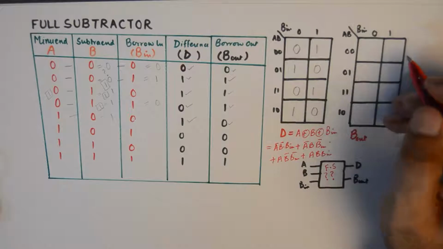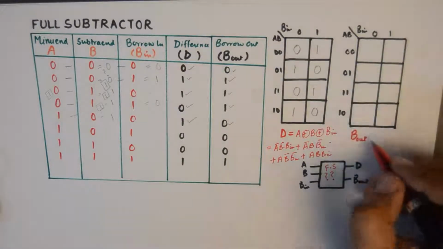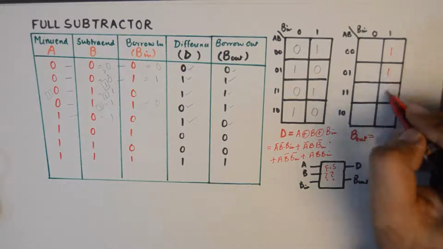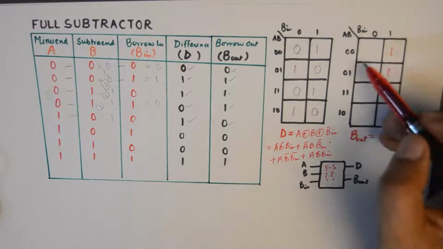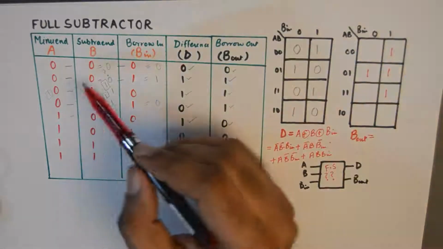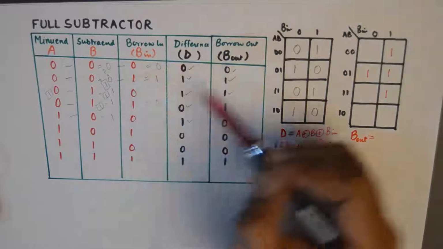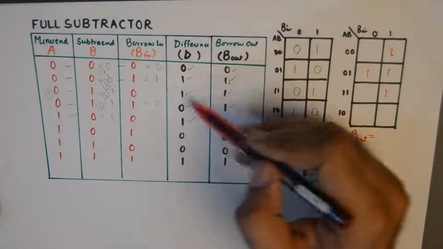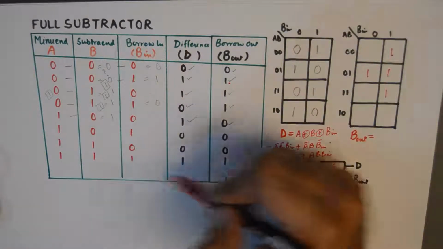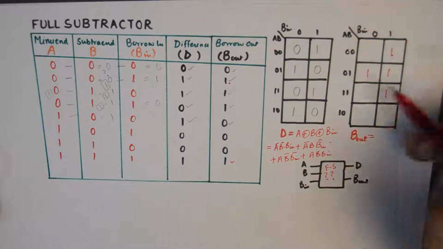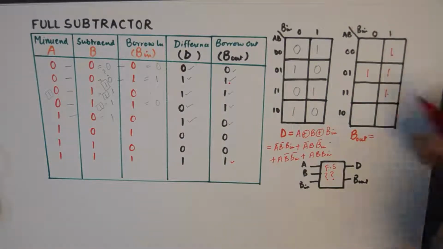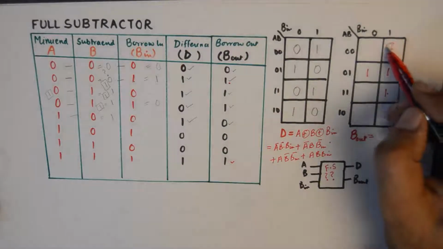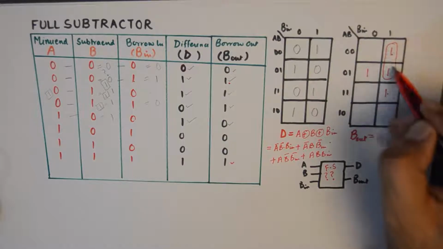And for the expression of borrow out, we need to fill in the ones first. So I'll fill up the ones here. If you check, we have a 0 0 1 position, which is 0 0 1, so the borrow is there. So I'll put in a 1 here, and so on and so forth. So you can fill it up. 1 1 1 also gives us a borrow, so 1 1 1 is a 1 here. And in order to get a minimized equation,